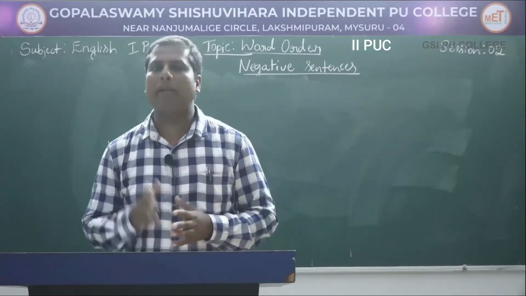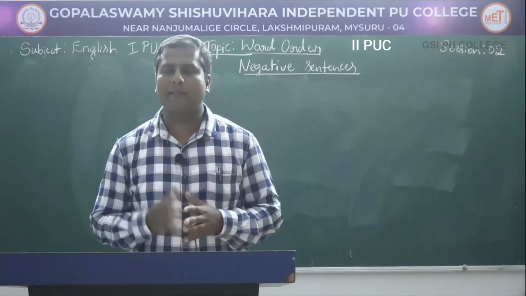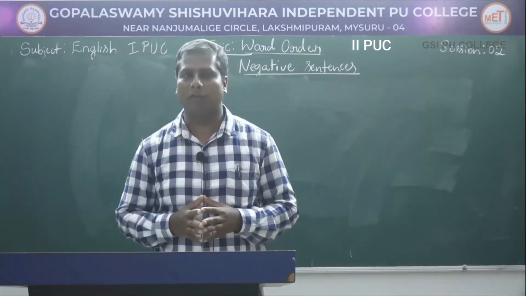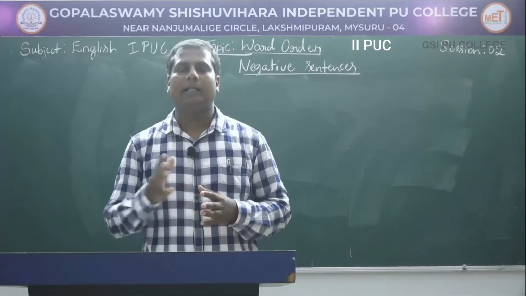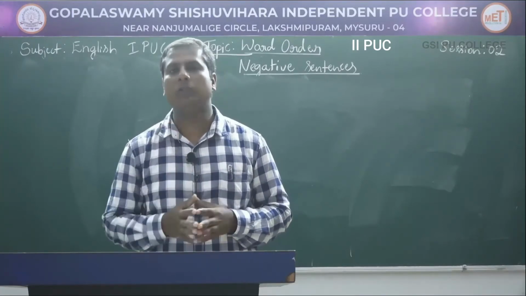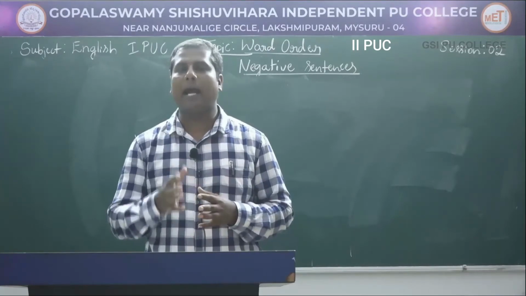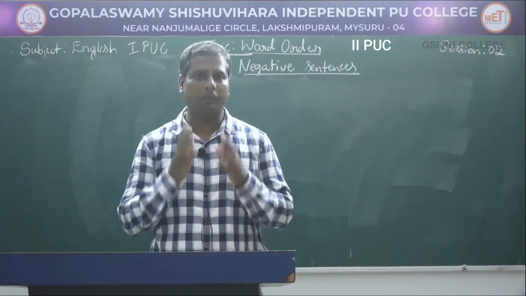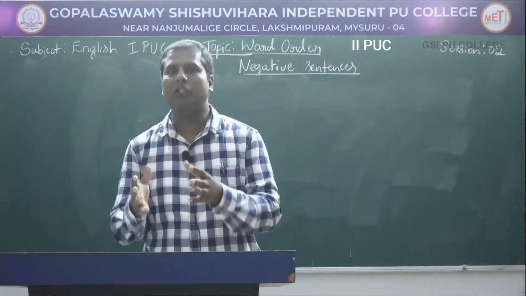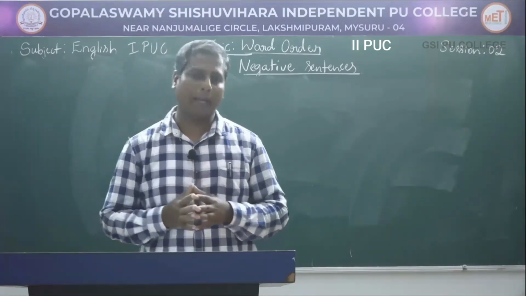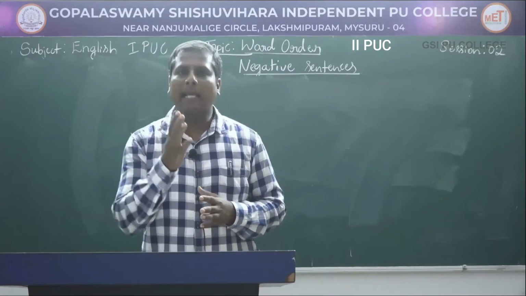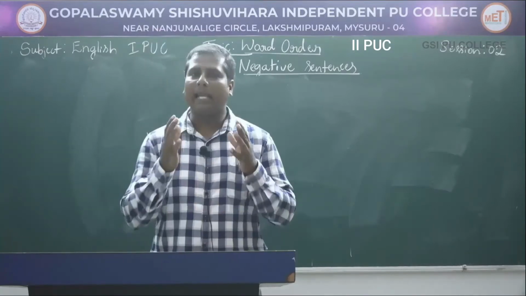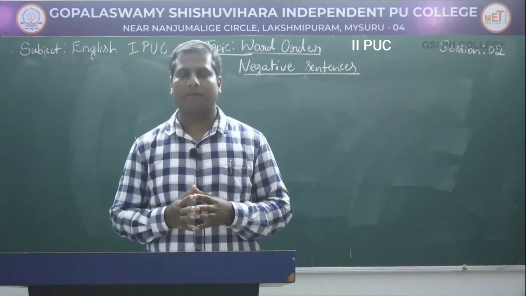Okay, the next important thing we need to remember is that if the verb phrase does not contain any of these primary auxiliary verbs or modal verbs, then it is necessary to add the supporting auxiliary verb do or have. The present simple and the past simple tenses of the main verb take the appropriate form of the verb do or have, and then add the word not followed by the base form of the main verb. For example, he runs. The negative form of this sentence is he does not run. He ran. He did not run.